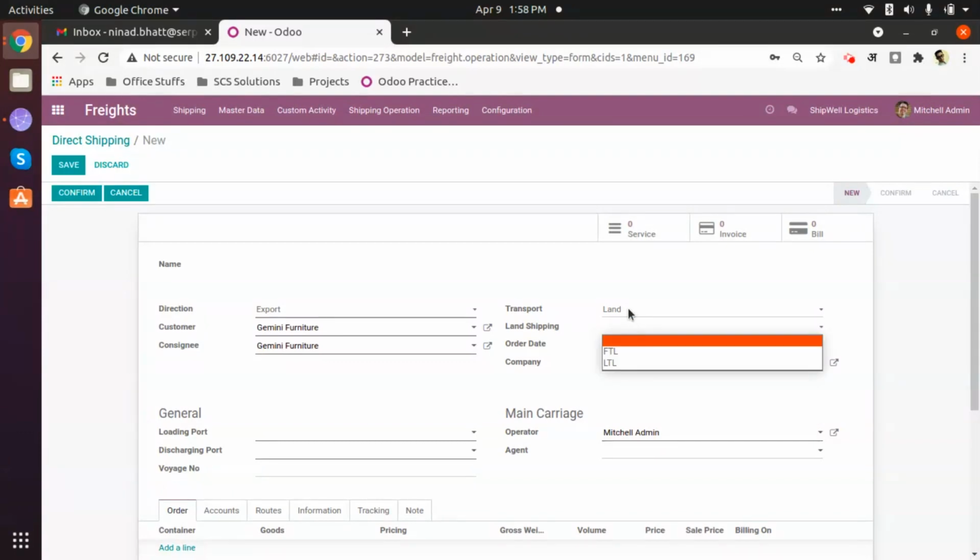If I choose to go with land, and I am about to select the land shipping, there'll be two options called FTL and LTL. So I'll explain that as well. FTL is nothing but full truckload, and the full form of LTL is less than a truckload, which means if you are going to send something via land and you feel that the amount of goods that you're sending across